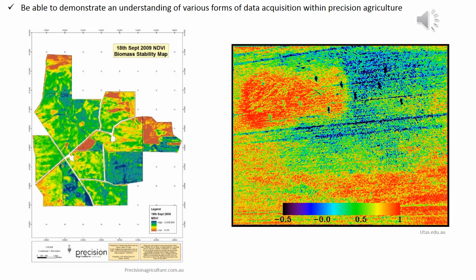The other thing that's interesting about this NDVI map is that the high NDVI is shown in blue, as opposed to the map on the right, which doesn't show any of the other map elements as we might expect, other than a legend. So in this case, it's really just a simple image of NDVI, but the colours are reversed. So a high NDVI on the right is shown by red, whereas on the left, the low NDVI is